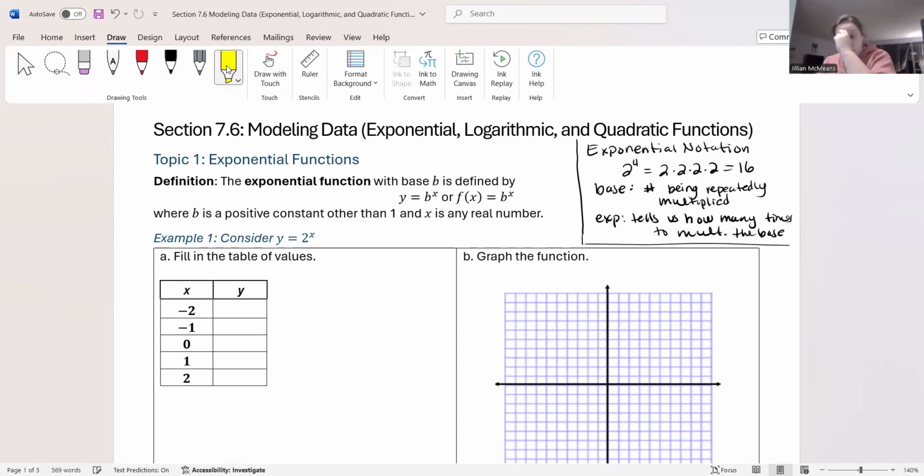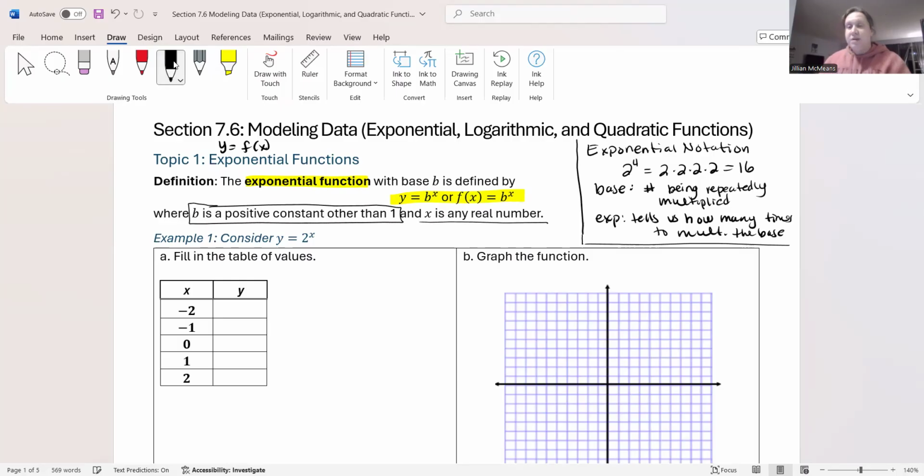Now, as for the definition of an exponential function, it says here the exponential function with base b is defined by y equals b to the x or f of x equals b to the x. Don't get too hung up on the f of x. Remember, when we have something that we know represents a function, it fits the definition for a function, we let y equal f of x. So I could rewrite this. I could write it y equals b to the x or f of x equals b to the x. Same thing, okay? Now we do have a condition: b is a positive constant other than 1, and then x